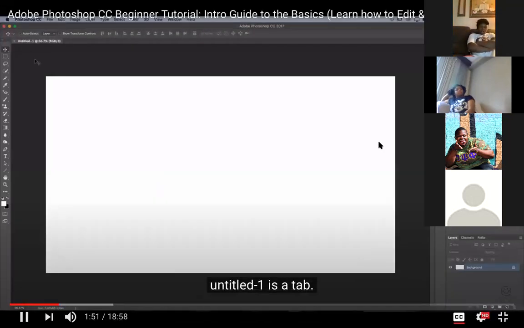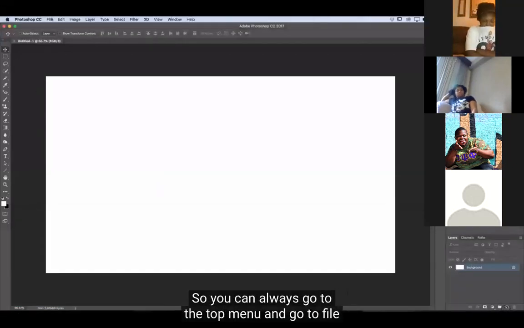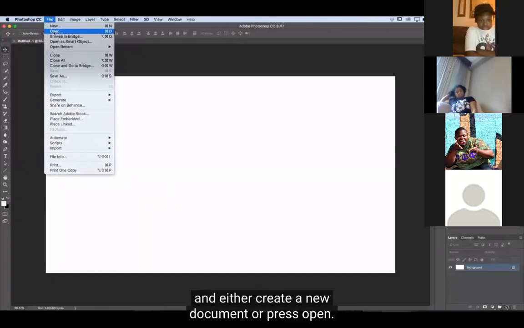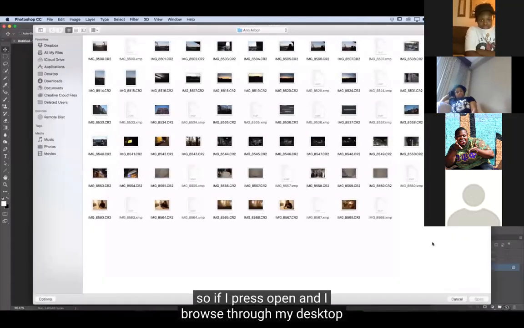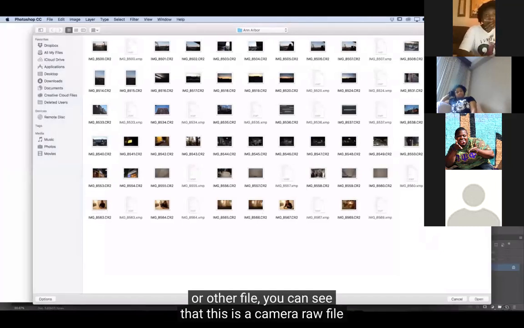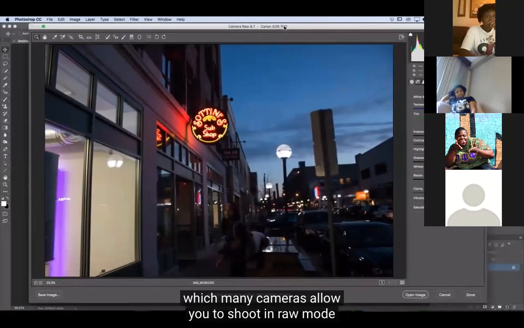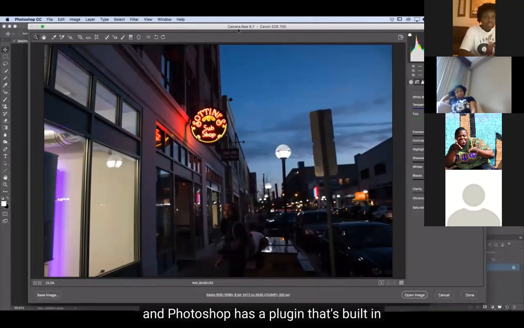1 is the tab. I'm also going to open a photo just to show you the difference. You can always go to the top menu and go to File and either create a new document or press Open. This doesn't close your current document. If I press Open and browse through my desktop or computer and find a photo that I want to open, you can see that this is a camera raw file, which many cameras allow you to shoot in RAW mode, and Photoshop has a built-in plugin called Camera Raw.